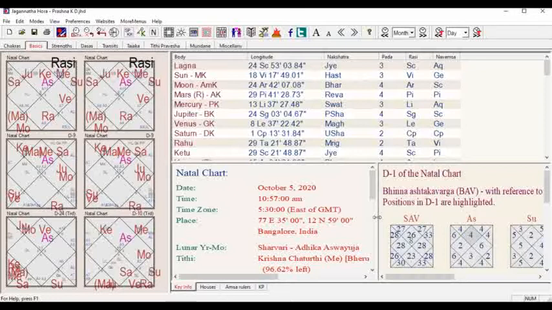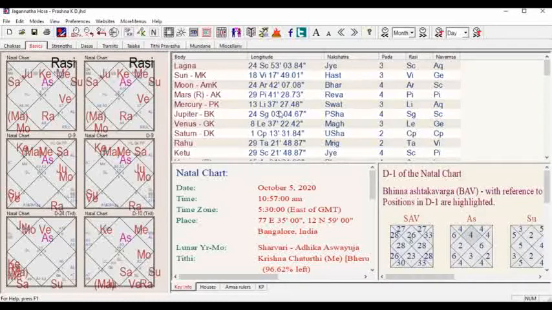Let me tell you. Okay, so let me explain. We don't need to go into the D9 chart. Of course we will get the assurance from the D9 chart also. There is no doubt about it. But in the D1 chart itself, just check